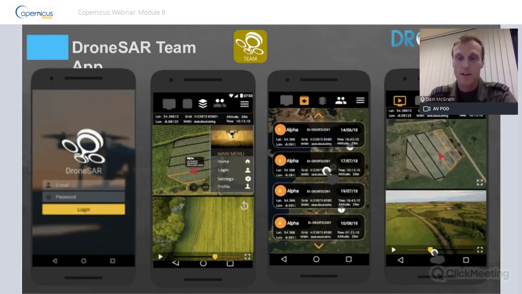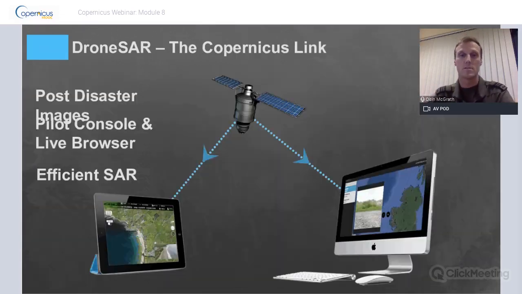And once you have a login, it allows anybody from a mobile device to log into that same system. It allows you to screen grab imagery, to draw on it and appraise the image, and to send it to command and control for feedback also. So again, it just serves as another way of connecting people during a search. And this can be done from the comfort of your living room. If you're not involved in the search itself on the ground, you can do this from a control room. So everybody's involved all the time.